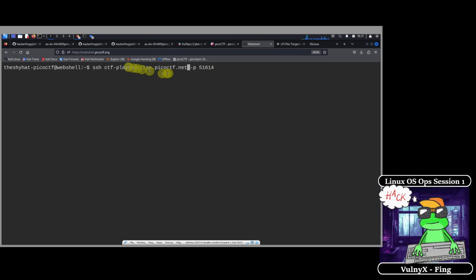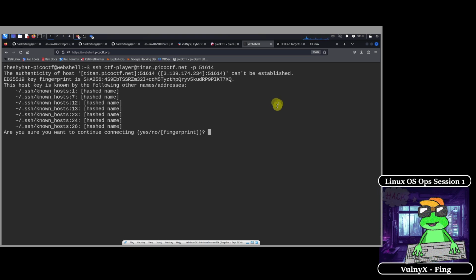It's going to look something like SSH ctf-player at titan.picoctf.net, and then there's going to be a space and then a -p and then a port number. The port number is going to be different for everybody, but it's probably going to be five numbers long. After you've done this, hit the enter key, and then it's going to ask you, are you sure you want to continue connecting?